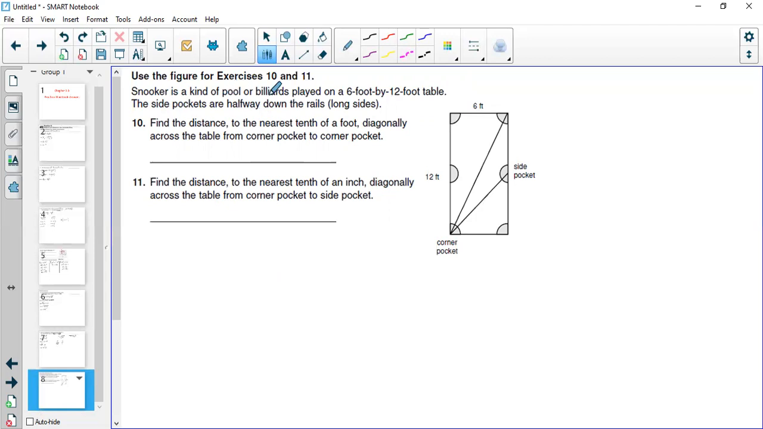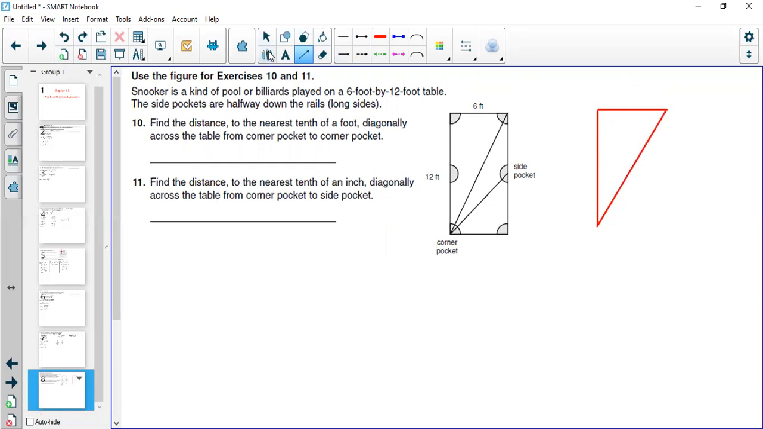Snooker is a kind of pool or billiards played on a 6 foot by 12 foot table. The side pockets are halfway down the rail, so these are the side pockets. Find the distance to the nearest tenth of a foot diagonally. This is called the diagonal, from one corner to the other, across the table from one pocket to the corner pocket. So if I draw this picture again,